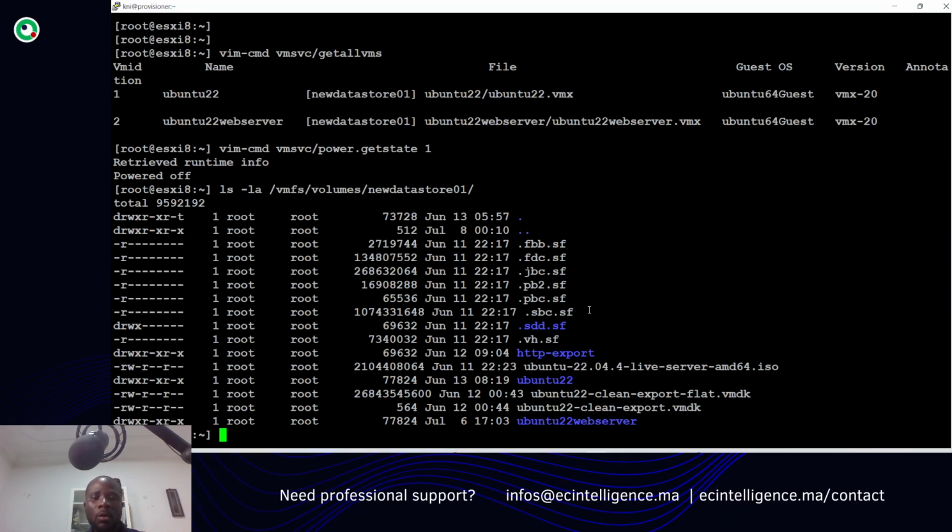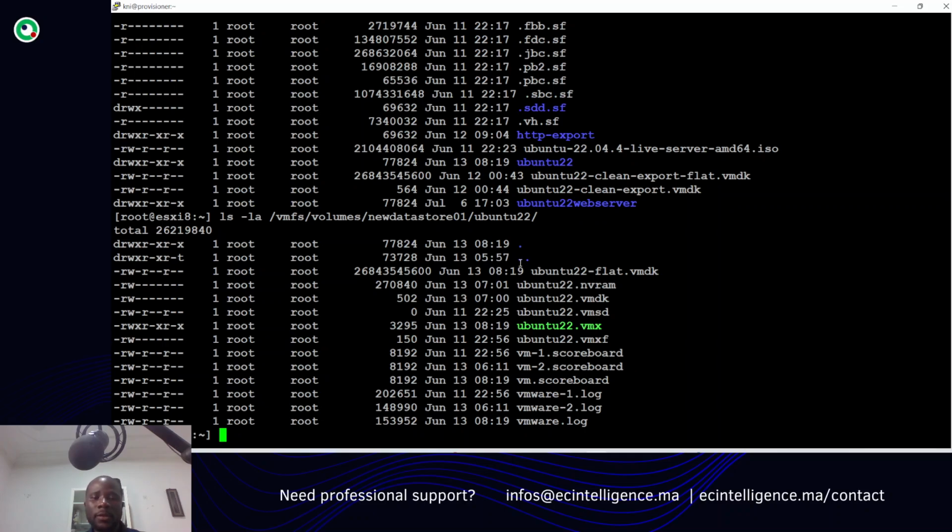You can list all the data that we have in your data store. I'm using this particular data store that I created, where I created my different VMs. I can also list the different files that I have in each VM